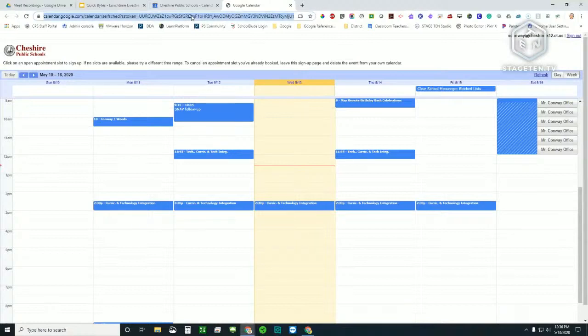You're going to copy and paste this and send it to your students, because they will see this view and they will say, oh, look, they've got appointment slots here. 1, 2, 3, 4, 5, 6 appointment slots, half hour each over 3 hours. And the student will, when they're signed into their Google account and they click on this link, they will see exactly what you're seeing here, except for the fact that they will not see